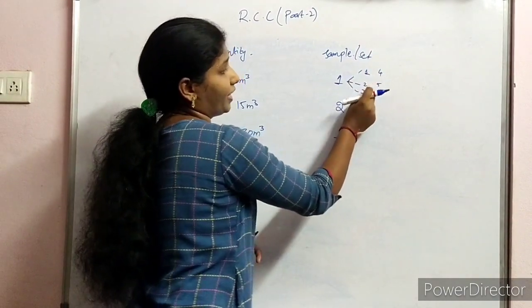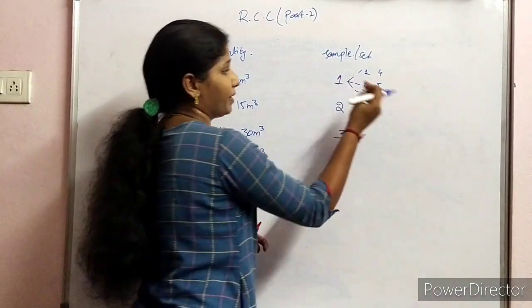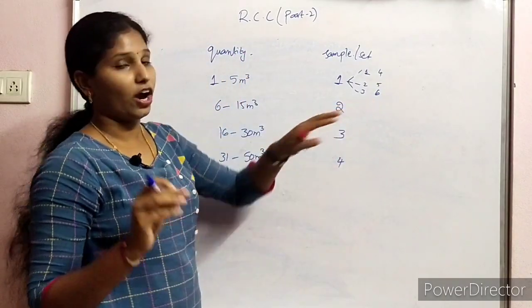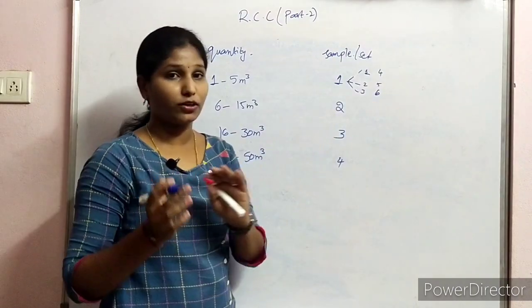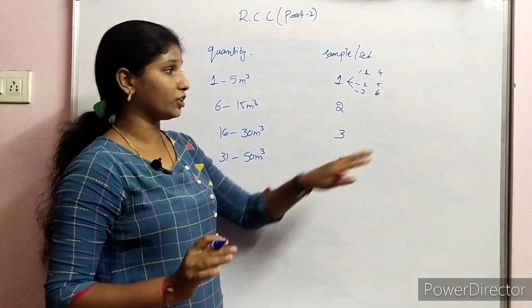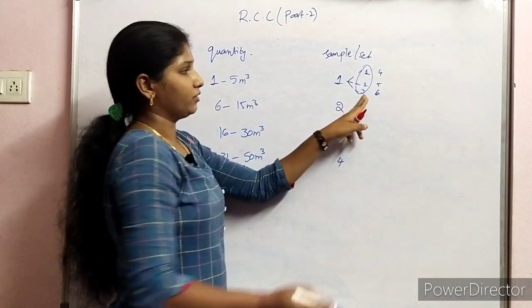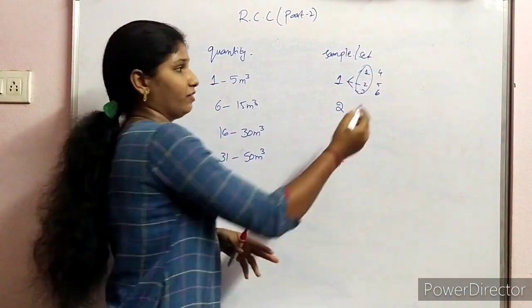Because at 7 days we will test 3 cubes. The remaining 3 cubes we will test at 28 days. After concreting and hardening of the concrete, we cure these cubes continuously up to 28 days. At 7 days we will test these 3 cubes. After 28 days we will test these